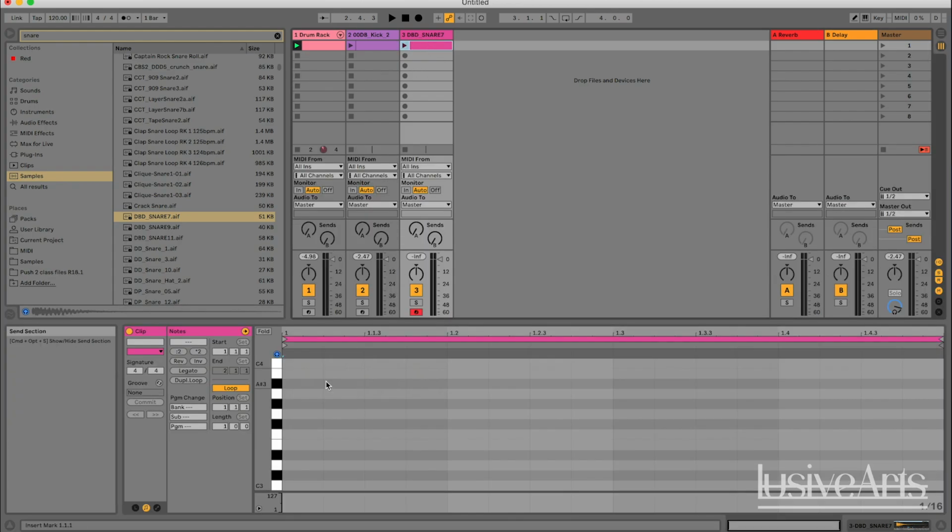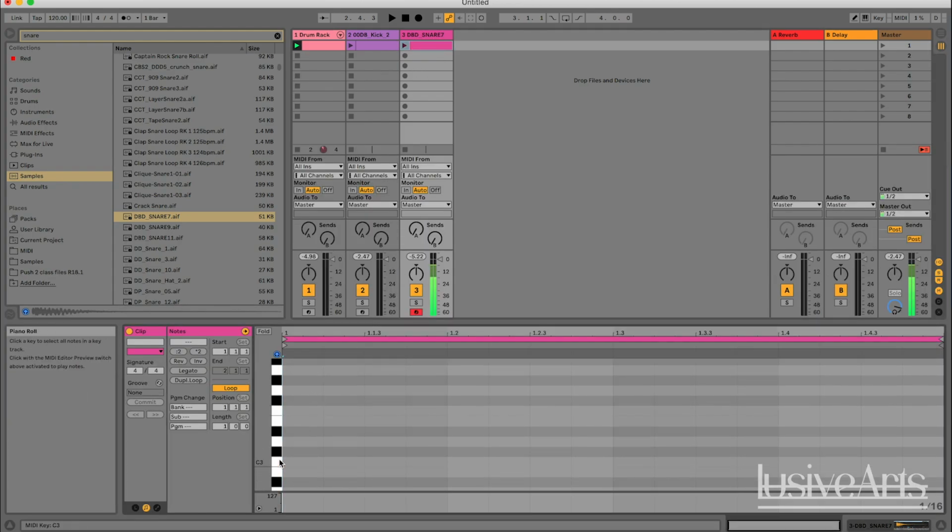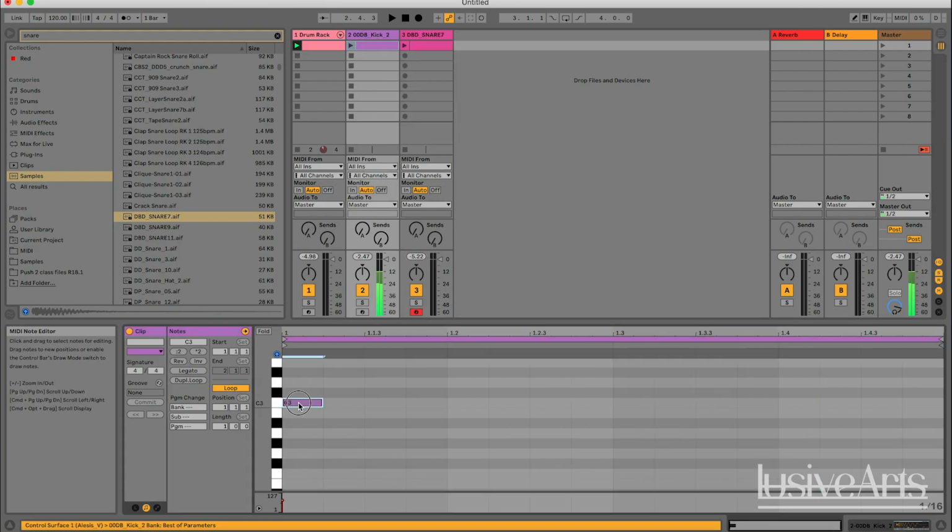So if I make another clip, play it at C3, which is our root note, it's going to play the same sound that the original snare sample was. And what I can do is exactly the same with the drum rack. So if I want my snare there, but now you have to do it separately because you have separated the sounds. And if I want my kick,